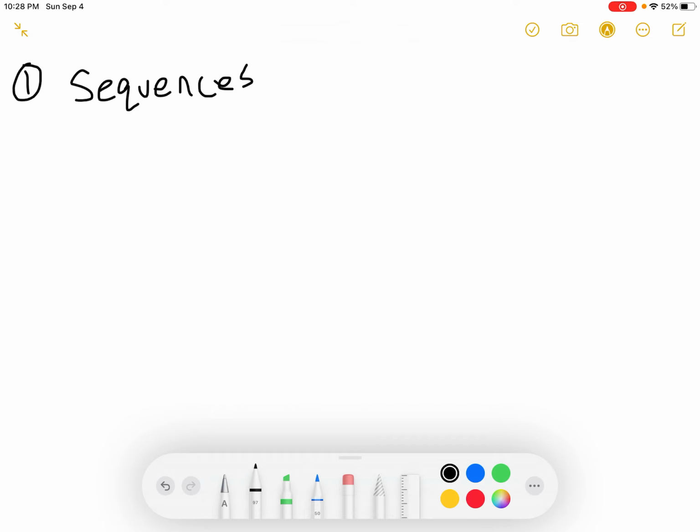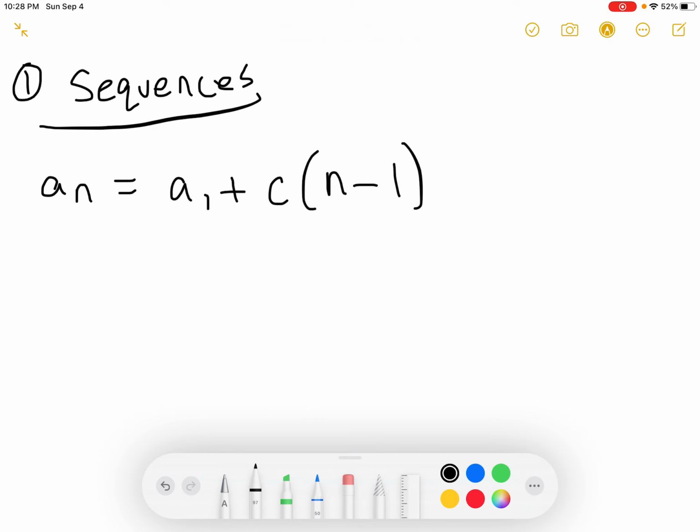So number one, there are different kinds of sequences. A sequence is just a series of numbers, and using this you can tell what would come next. So here's what the arithmetic one is. And of course there's different ways to write every formula, but anyways, the arithmetic sequence,